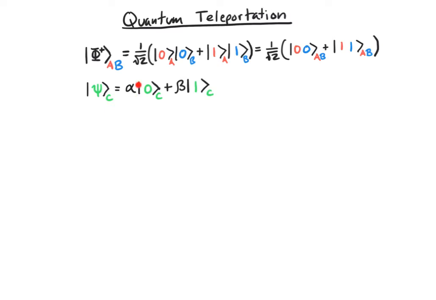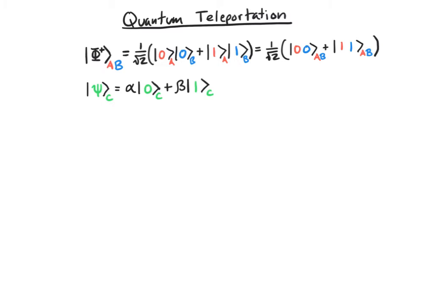The amplitudes alpha and beta of this state C can be any complex number so long as their magnitude squared add up to 1, satisfying the normalization condition. But to keep things simple, let's just assume that alpha and beta are positive real numbers. They don't have to be, but it keeps things a little bit simpler and easier to understand. The next step is to write down the wave function for the three-particle system of particle A,